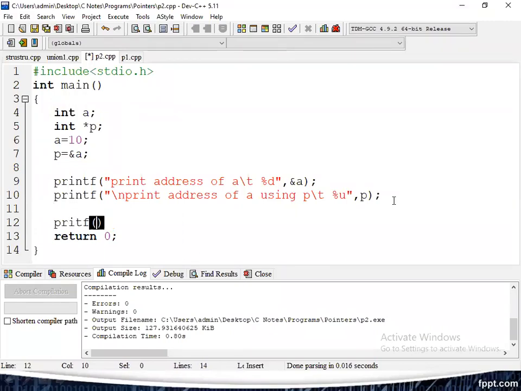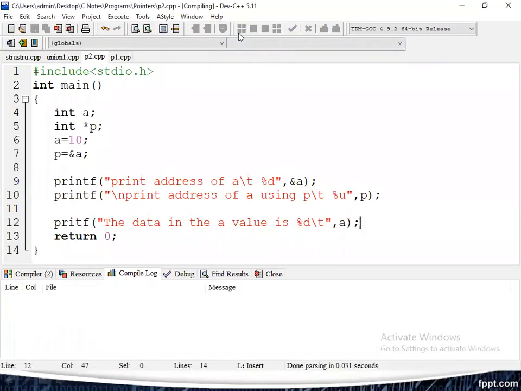Printf the data in a, value is percentage d, a. That is quite common. Generally we can print the information from a variable.